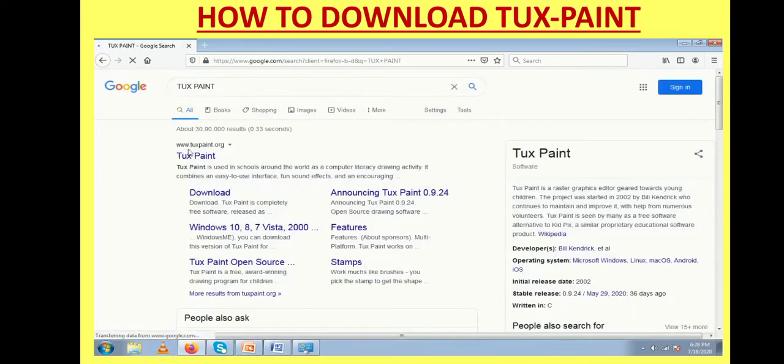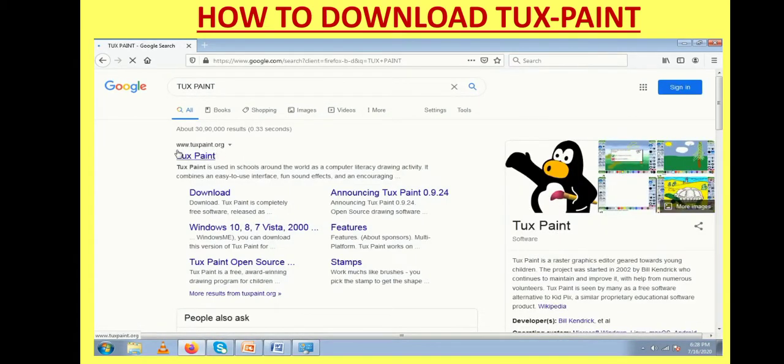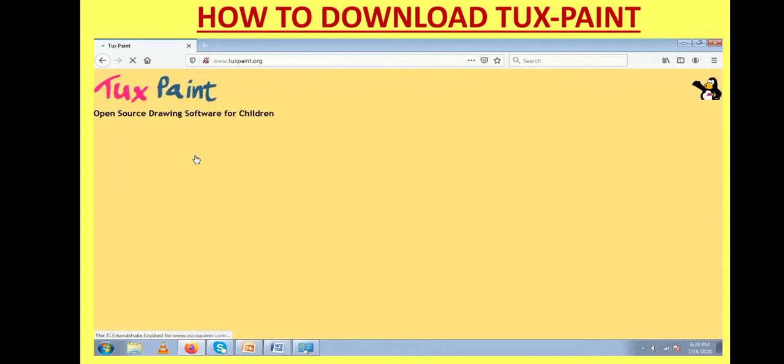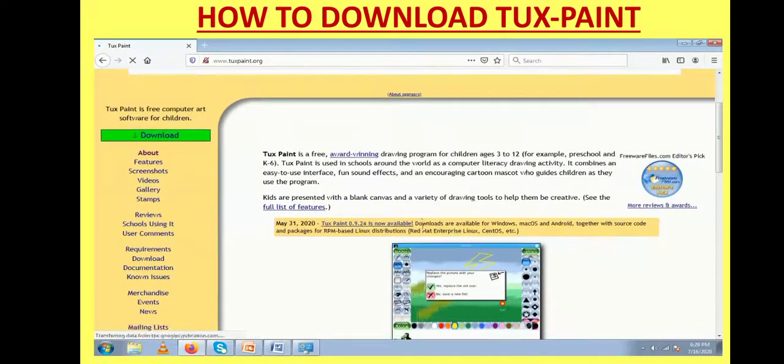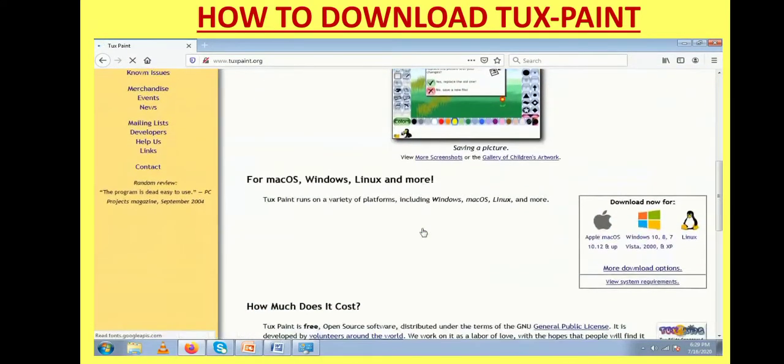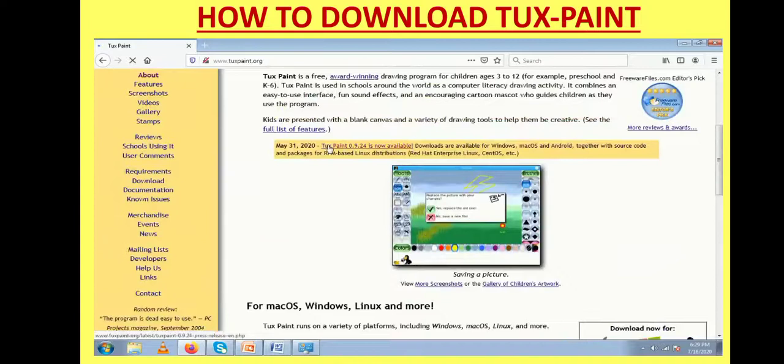In search result, you will be able to see the official website of Tux Paint. Click on it. It will take you to the official website, and as you can see, Tux Paint 0.9.24 is now available.